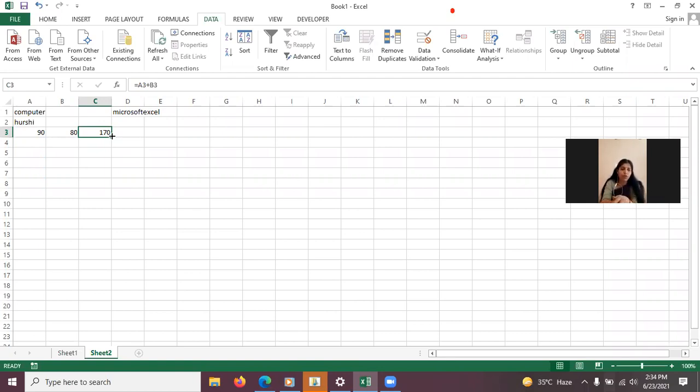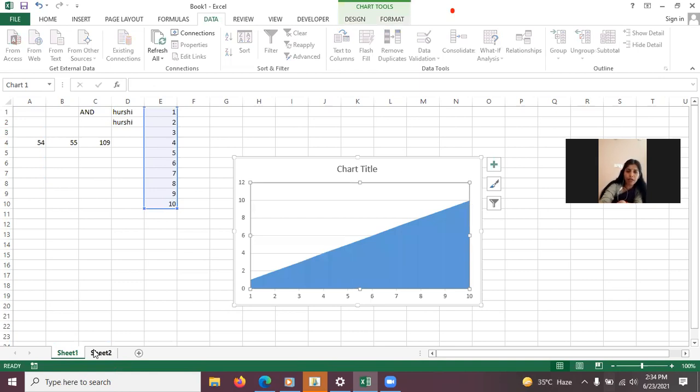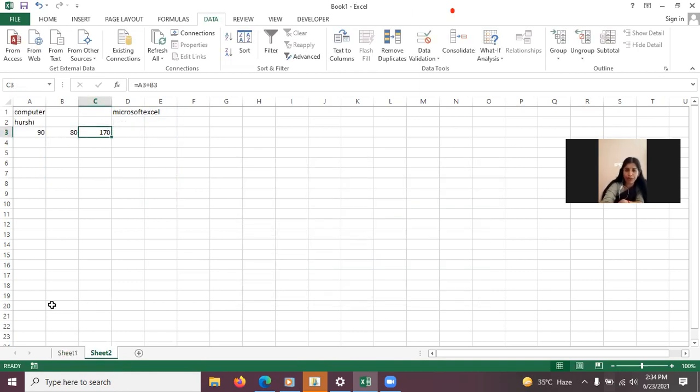Next page 54, working with worksheet. This is a very simple topic. Switching between worksheets means you are going from one sheet to another sheet. Like we have tabs at the bottom here. Sheet 1, sheet 2 tabs are there. So whichever sheet tab I click, I can jump to that. That sheet will get open, right?